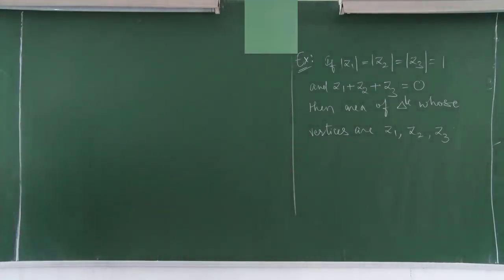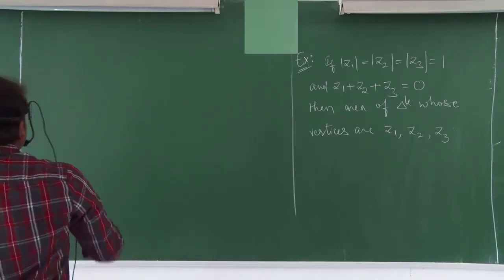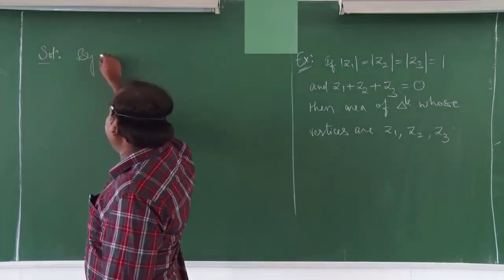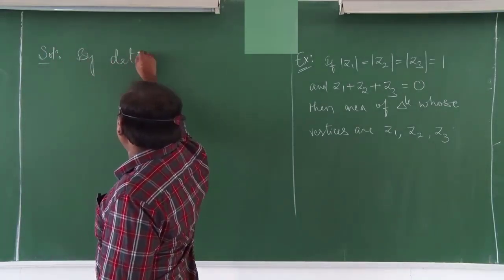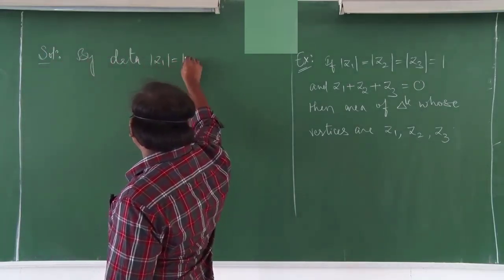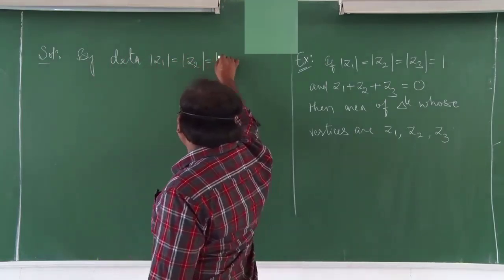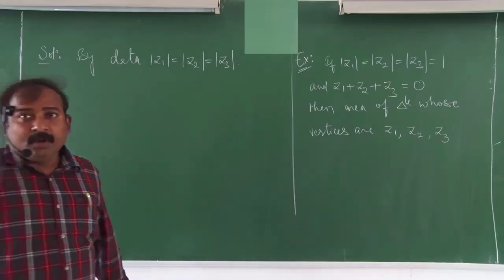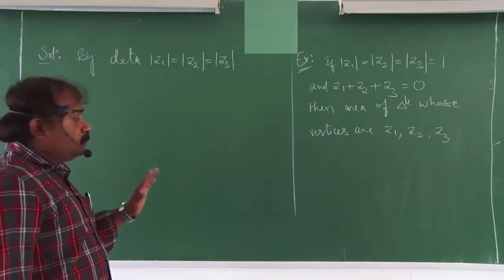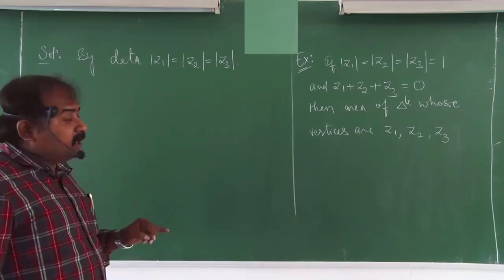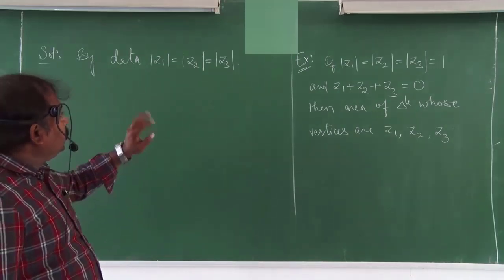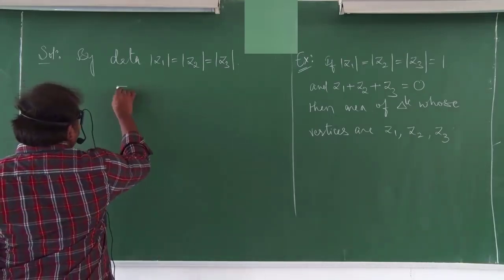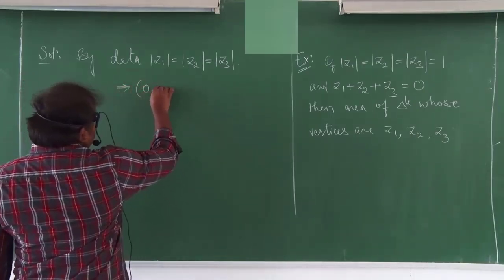So according to the given data, if you observe the solution, what is given? Modulus of z1 equals modulus of z2 equals modulus of z3. This is the given value. It means that from the origin all these three points are equidistant. So directly what we can conclude is